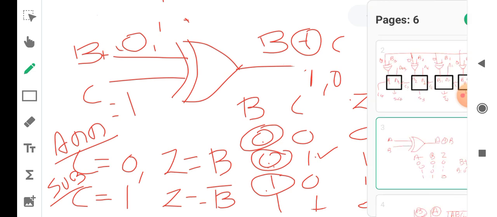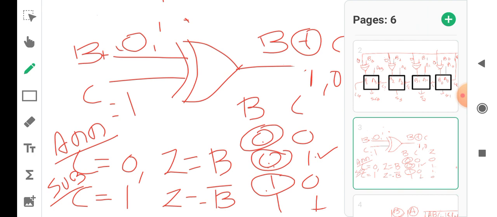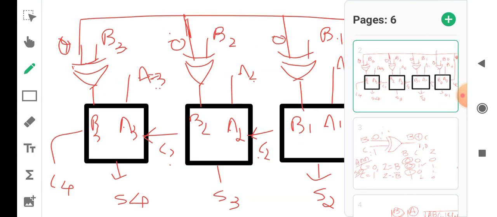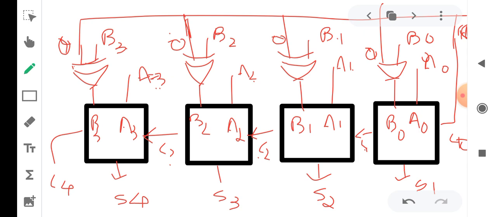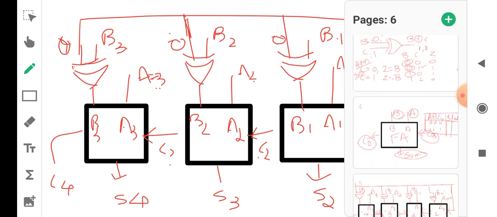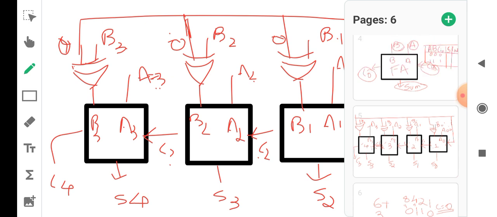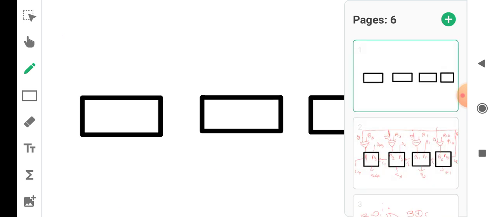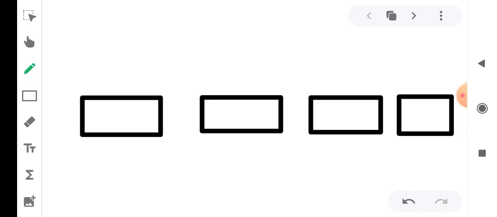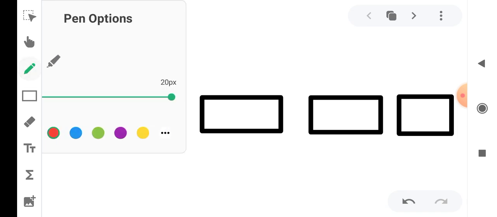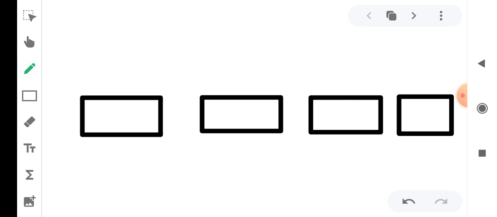Fine. Now we see how this addition will take place here. Say I have to add a number, 0 1 1 0, with 0 0 1 1.